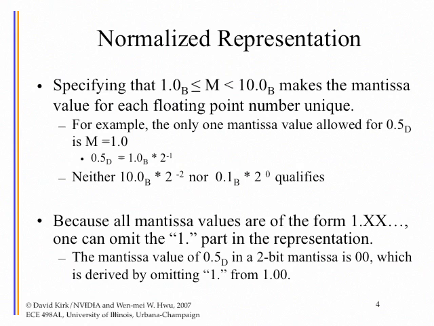Right? Because it has to be less than 10.0. So it has to be 1 point something. It could be all ones, all the way, right? So that means that you don't need to represent the 1 in your representation, because all the mantissas will be